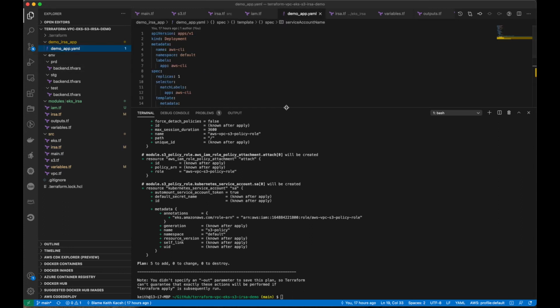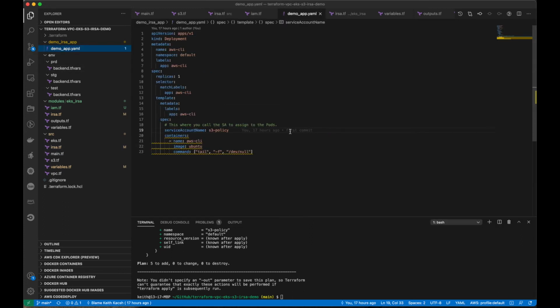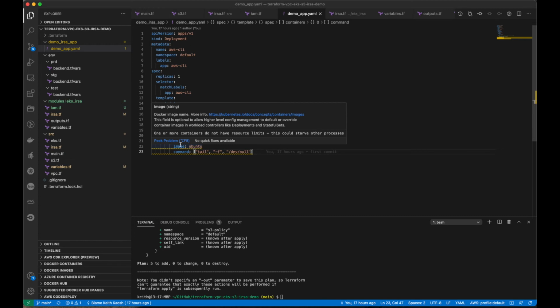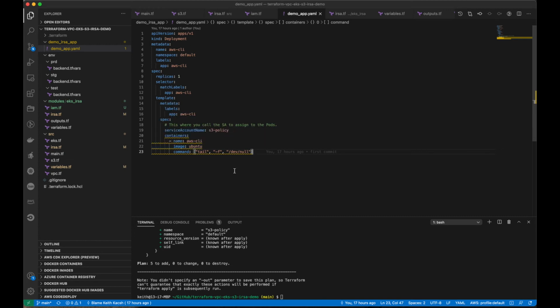So if we pull our demo app over, we can see that it's just a deployment with a single replica, no ingress or no service like that. It's just an Ubuntu container that we're calling AWS CLI, and it's just going to sit there and run for us. Right here, you can see this is where you would call the SA to assign to the pods. We're going to actually go ahead and comment this out to prove that the pod has no access before we